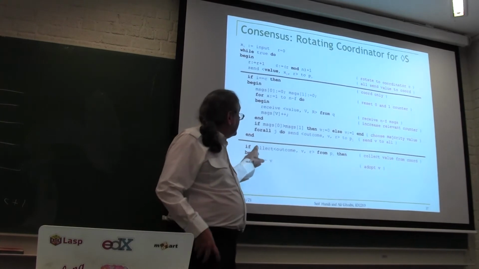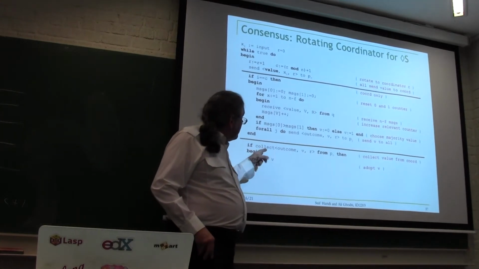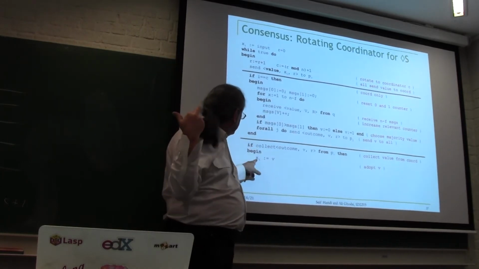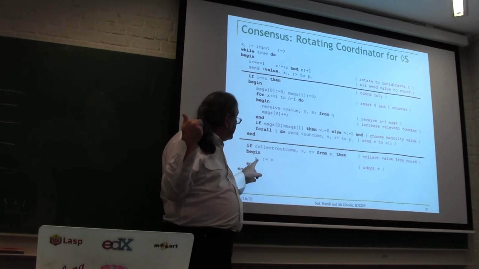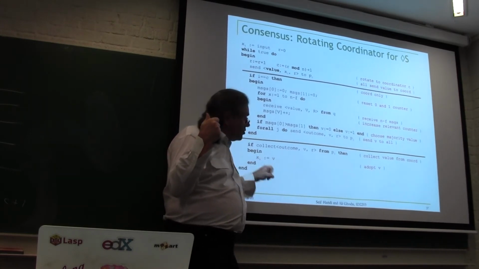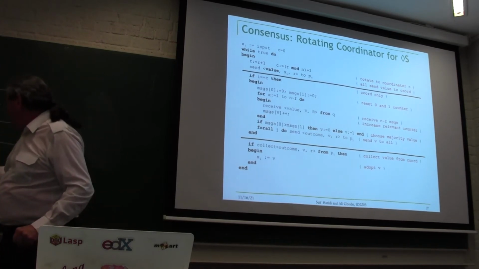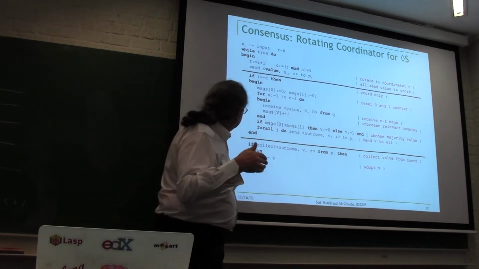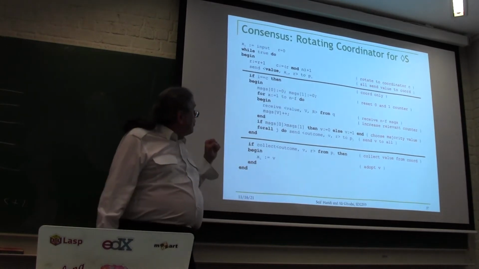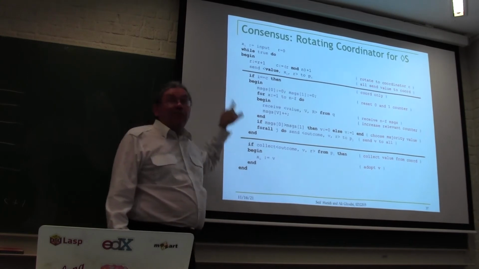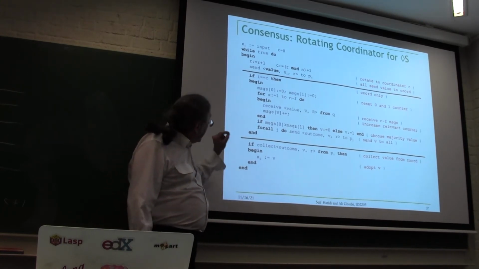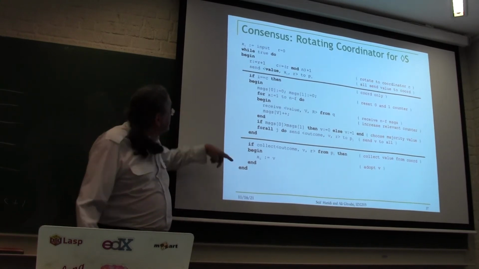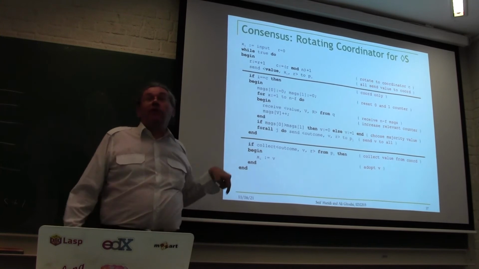I'm using this collect. So I either get a value or I get a failure. The coordinator might fail. And if I get a value, then I just assign it locally. So I adopt it. The v values will be made local. That's it, that's the code. There's a small thing missing here: this code will run forever. I'm going to add one small thing to make it stop. But right now, this code will not stop. It'll just keep running forever.